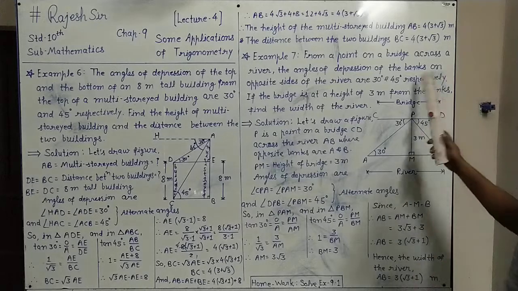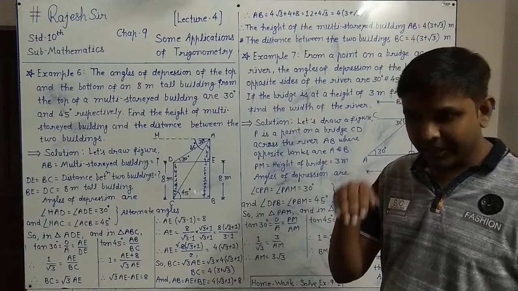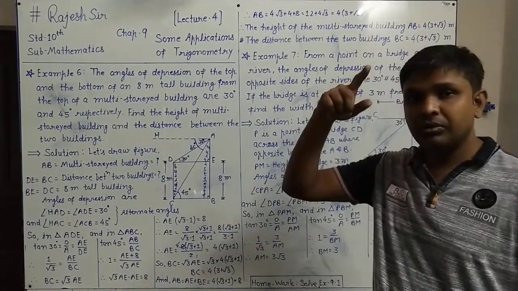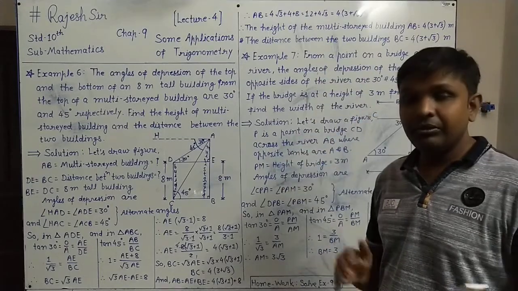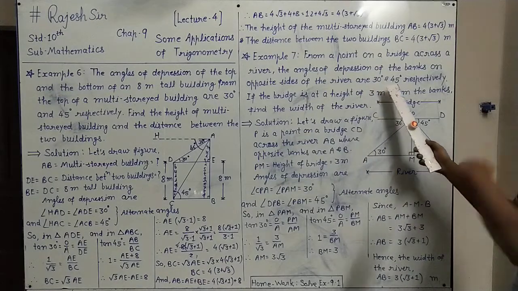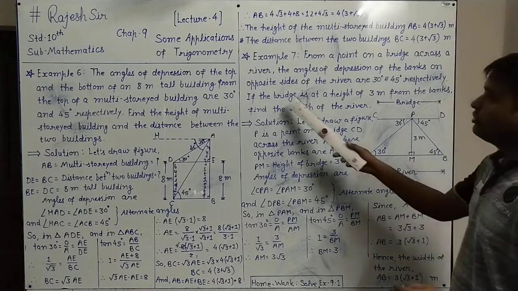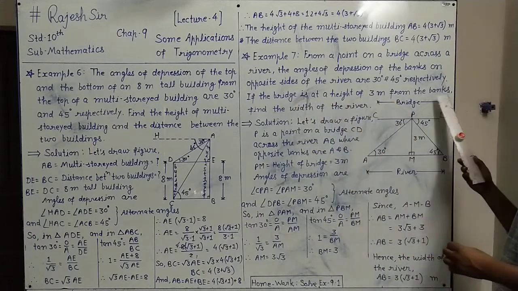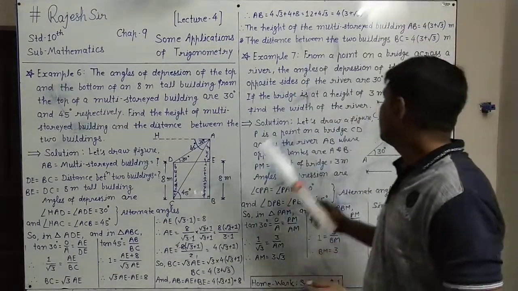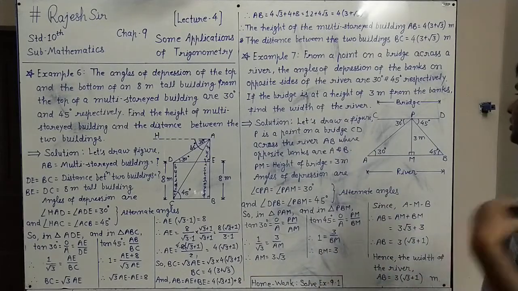And so the angles of depression are 30 degrees and 45 degrees. We have to lower our head to see both banks of the river from the top height of the bridge from any one point. So the two angles of depression are: one side you see 30 degrees and the opposite bank you see 45 degrees respectively. If the bridge is at a height of 3 meters from the river, the bridge height is 3 meters. Find the width of the river.